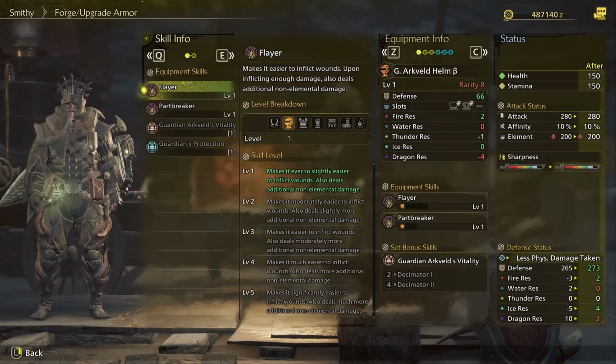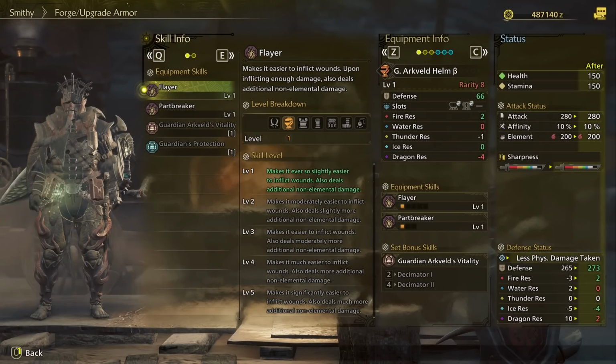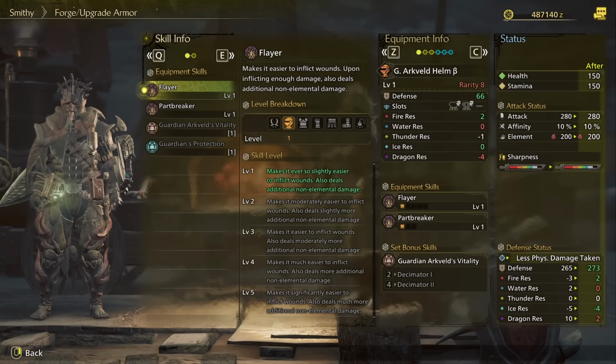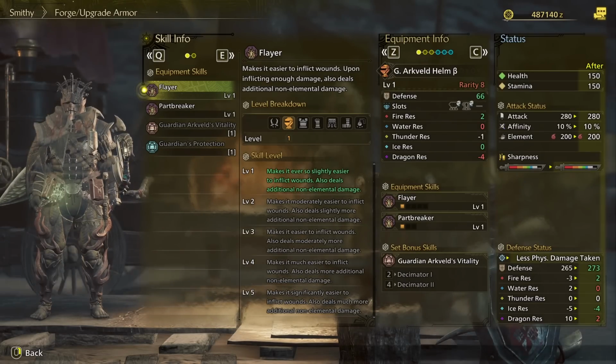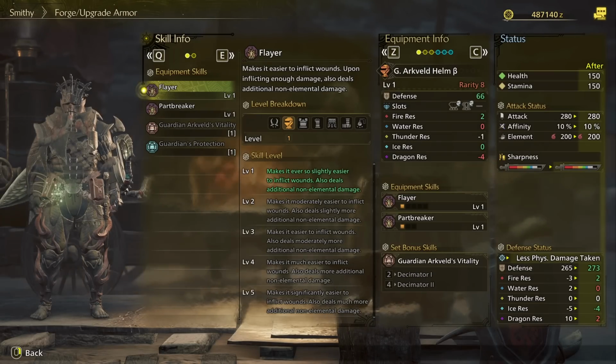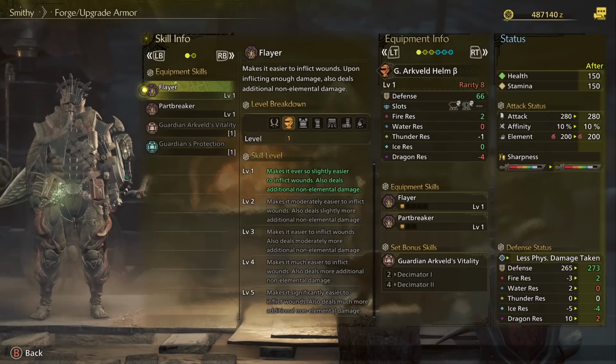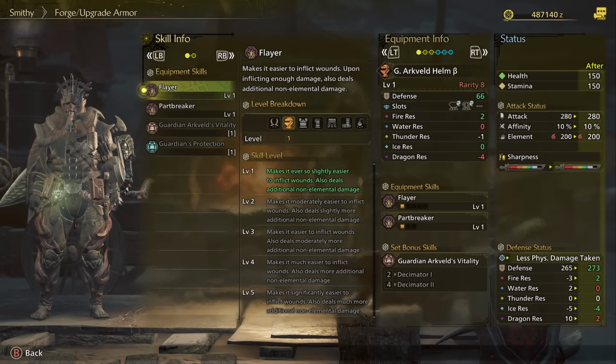There are a few skills that you're going to want to be focusing on that are going to drastically increase the rewards that you're going to be getting when you're farming. One of the new ones is Flare. Each level of this makes it easier to inflict wounds and also deals more non-elemental damage when you are hitting those wounds. At level 5, it's going to be significantly easier to inflict wounds, and it also deals much more